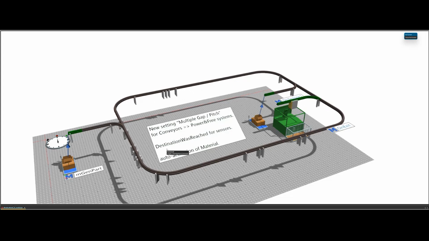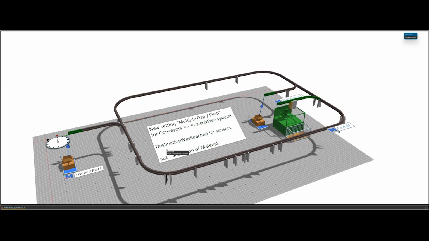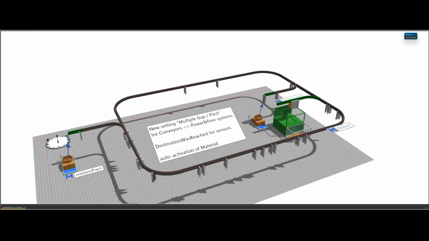And this attribute is now also working when you travel on a conveyor, and I think also on a track, and then you reach a sensor. If that sensor is your destination, now this attribute is also switched to true, which you can observe to use it in your controls to find out when a certain part has reached its destination.